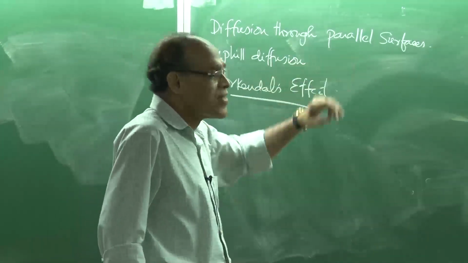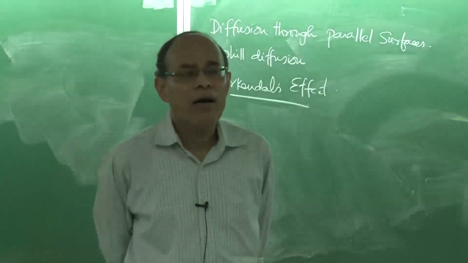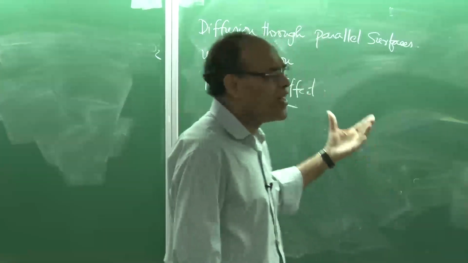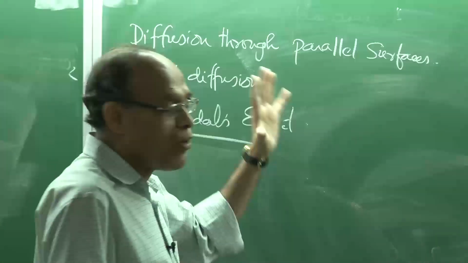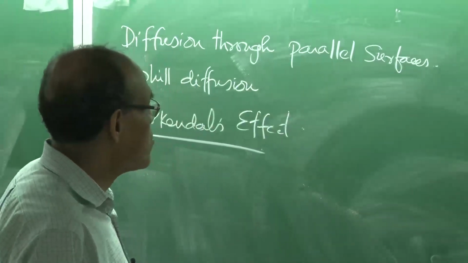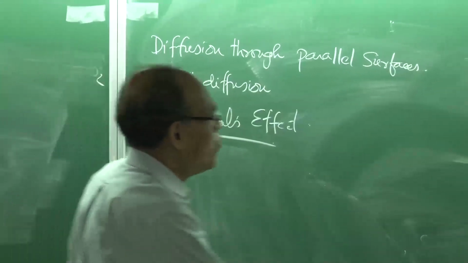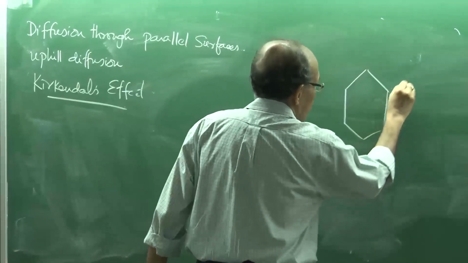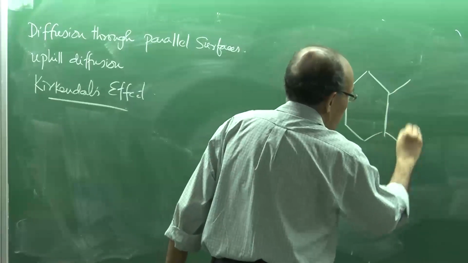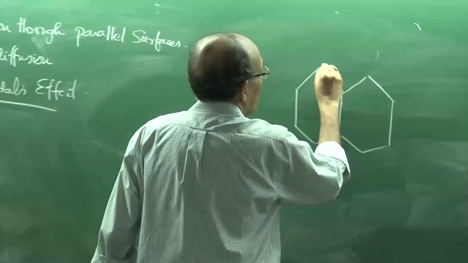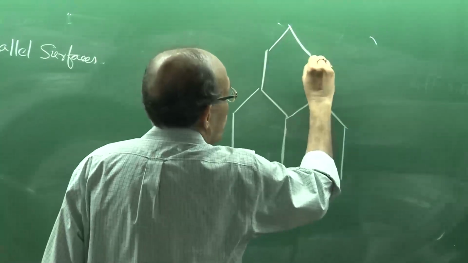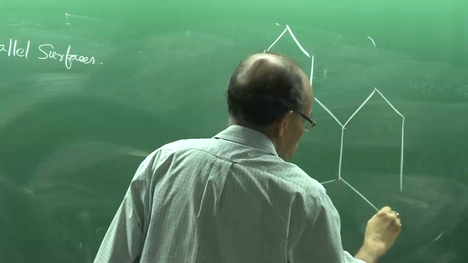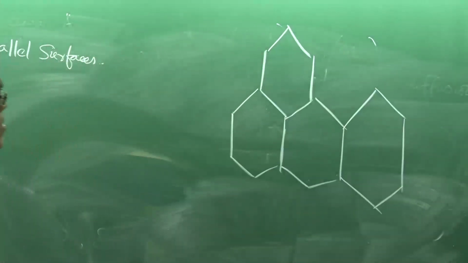Now, diffusion through parallel surfaces is very significant in the context of physical metallurgy, for example. So, we are not going to deal with it in great detail, but I want to just introduce you to the material issue, some of the pertinent issues. We must understand that in a polycrystalline material, we have very different grains